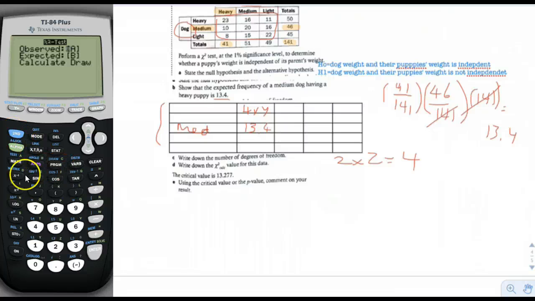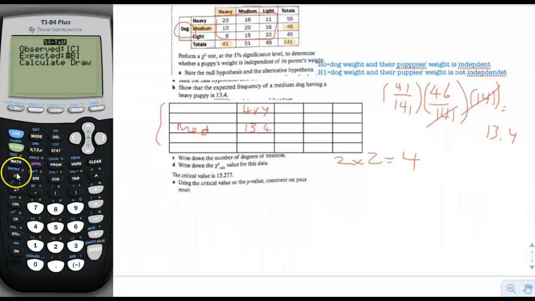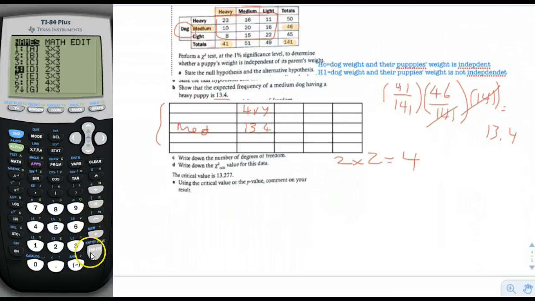So second, matrix, name, C, and then I'm going to put in the expected, second, matrix, name, D, and then I calculate. Okay, and then I get all these numbers. So I'm going to write these down. Chi-squared is equal to